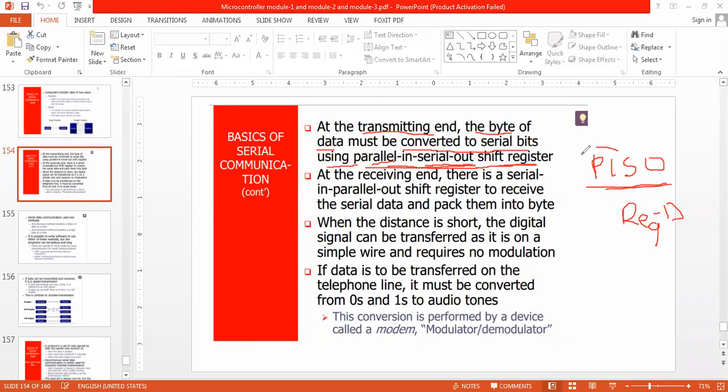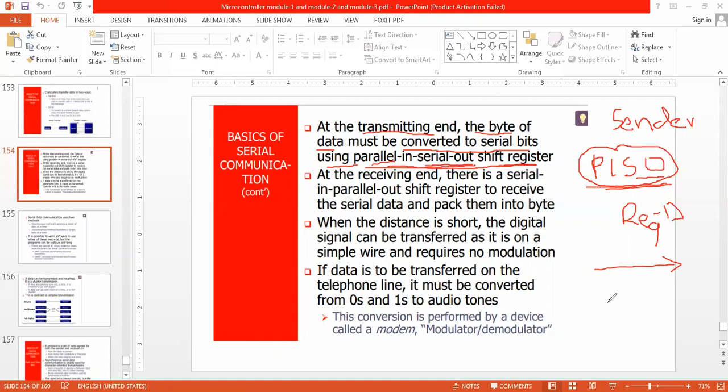So who is going to convert parallel input into serial output? The sender, while sending the data. Now I am getting the serial output. Now what will I do? I will send that serial output upon the wire as an electrical signal.